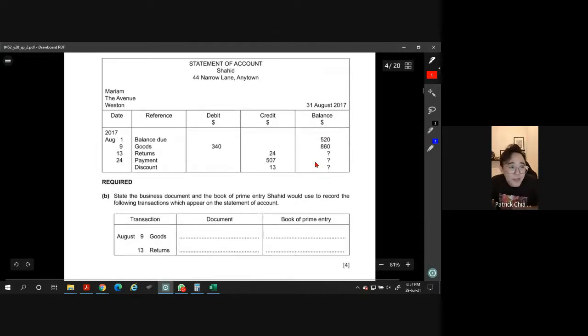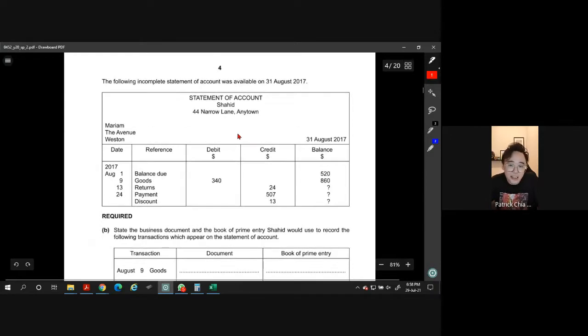Okay, so let's look at this. On August 9, the important part is that you need to know who is who. So who sends the statement of account, guys? Is it the supplier or is it the customer? The seller or the customer? The business, which is the seller. We go with seller and customer, because the word business is very tricky.